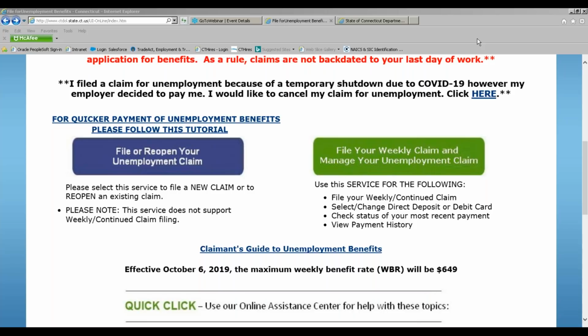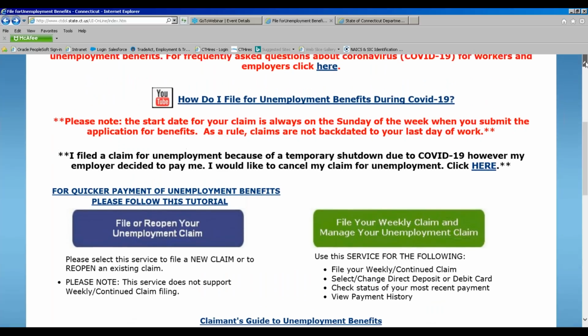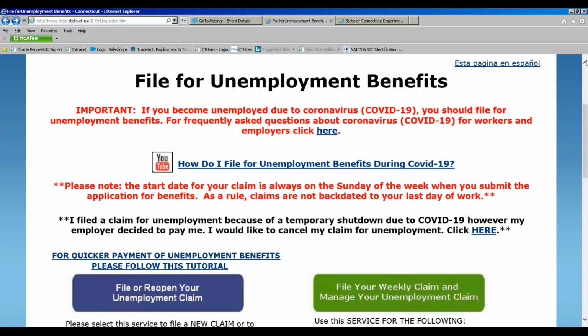And here's the important part about this. We can't stress this enough. Check your emails. Emails will be sent to your inbox at the email that you provided to us. But it also may end up in your spam or junk folder based on your email settings that you already have. Even more important, and as I said earlier, is that you have your correct email on file with us.